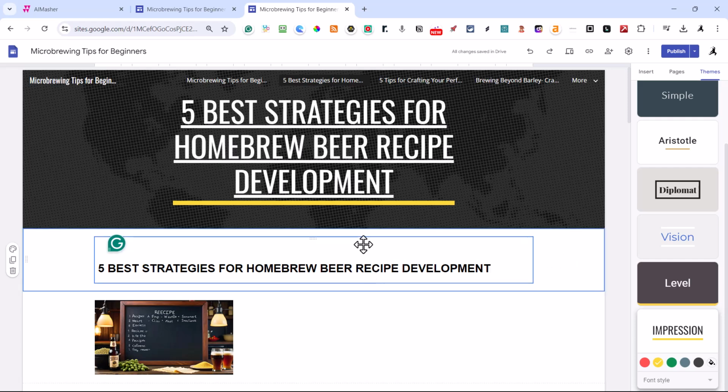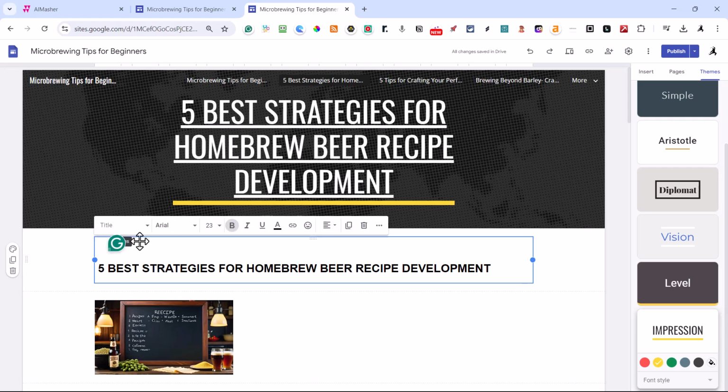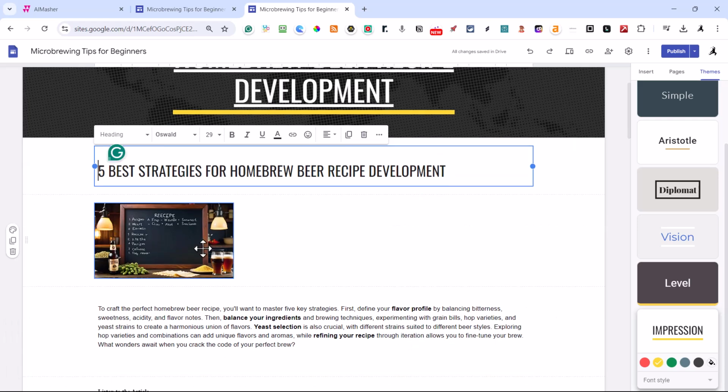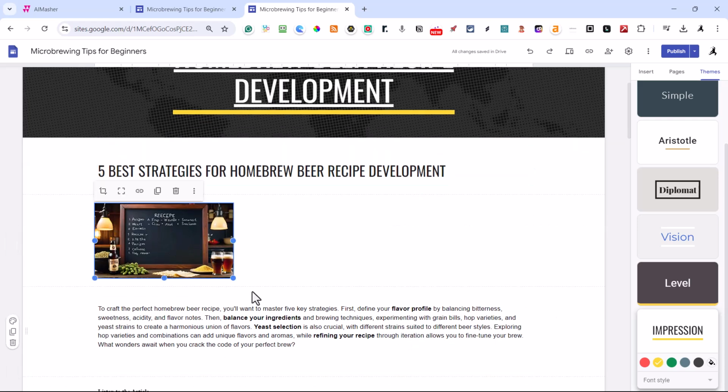But while you have this up, I'm going to change it to a heading, so it inherits the formatting for the heading. Okay. Now we're going to get this changed. Hopefully the Google Site Factory guys will change this for us so it does it automatically. But this is a real easy fix.